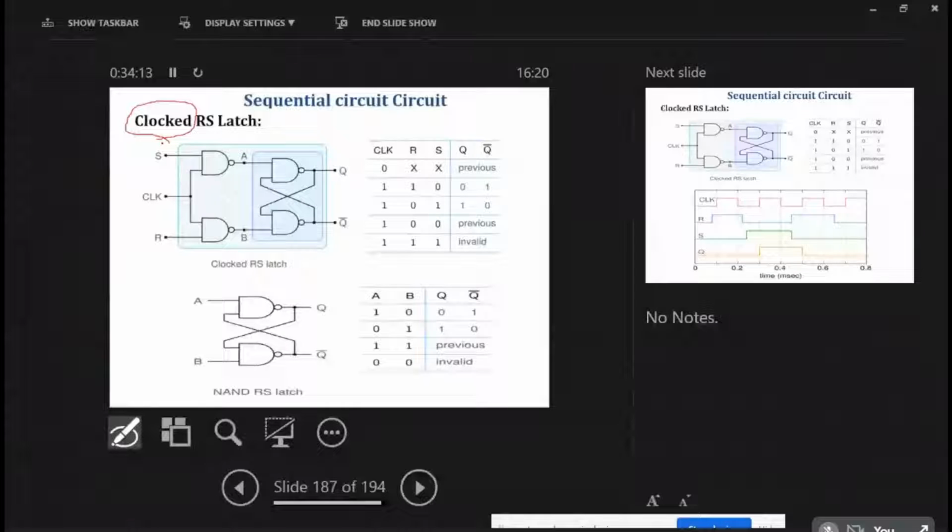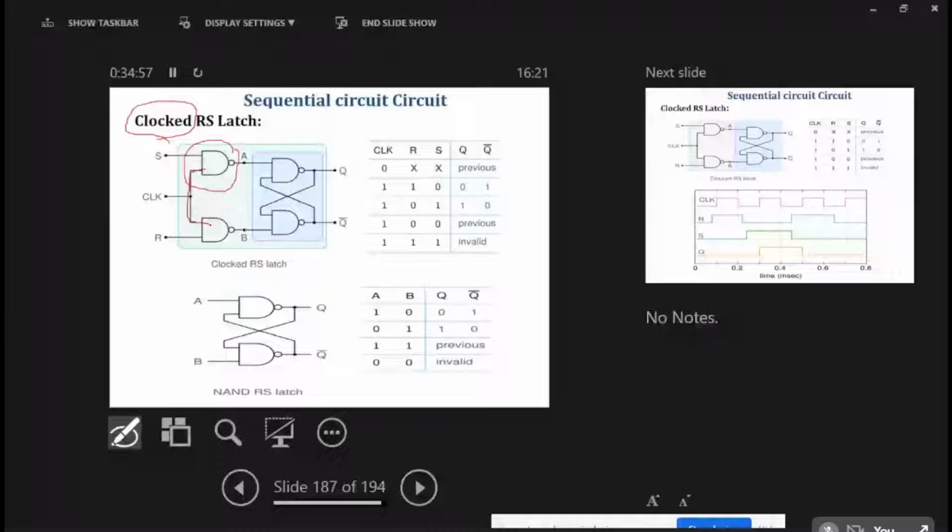Okay, for that, because we have taken the example of NAND based implementation, we require 2 extra NAND gates to provide the clock for the synchronous circuit implementation. Here what is happening, whenever clock is there, it should change the output state according to the input. But whenever the clock is not there, it should not change its output state. This is the fundamental principle of gated or clocked RS latch.